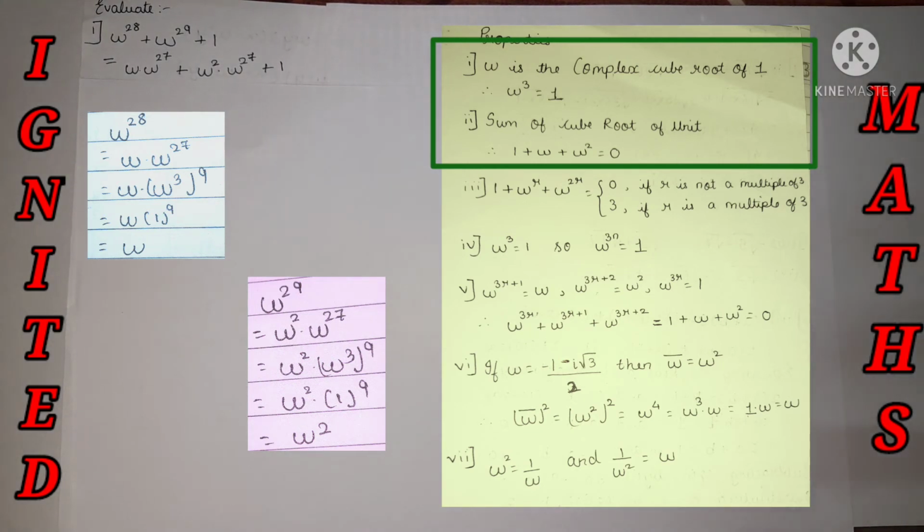Omega raised to cube, I already know the value, and omega raised to 3 into 9, 1 raised to 9, is nothing but 1. So I can find the value of the sum very easily. For that purpose, I have done the simplification in terms of omega cube. I can find the omega cube value very easily, so I do the modification to the given content.